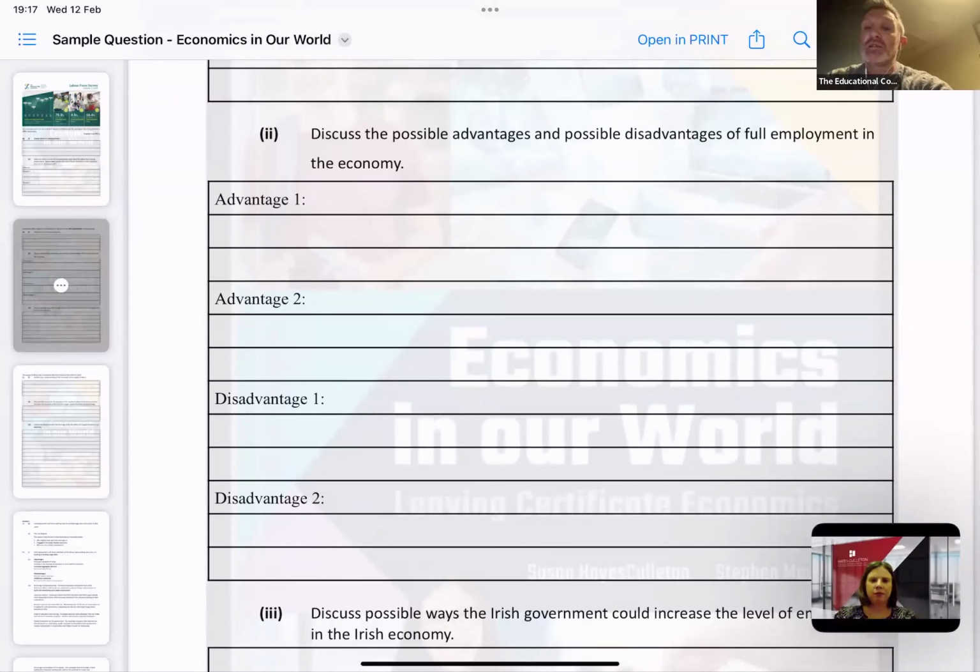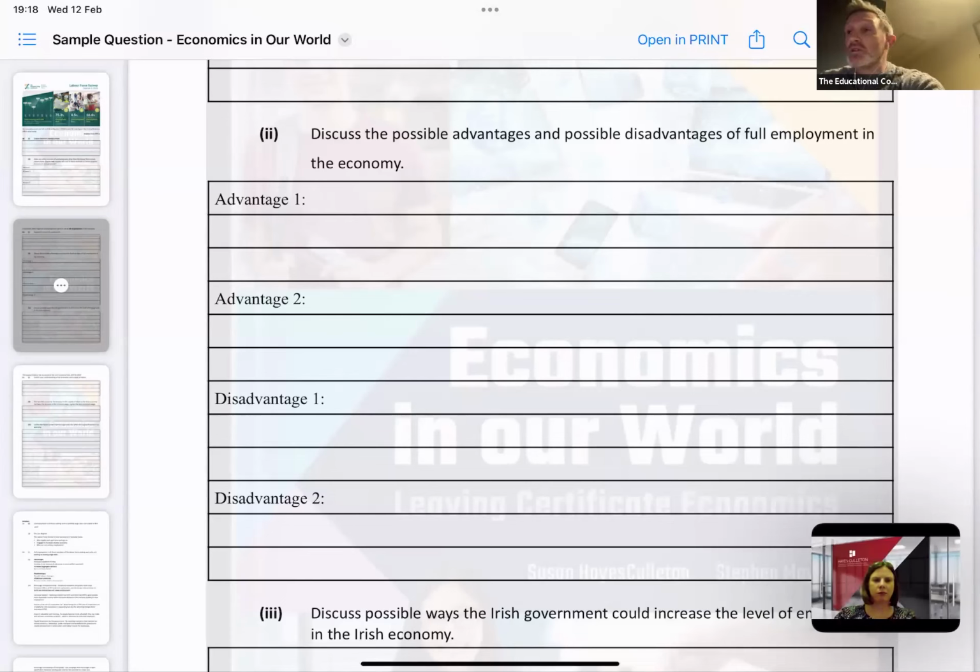In fairness, the SEC, I'm not too sure if they've taken feedback from teachers or the BSCI, etc., into play, but they have generally numbered them now: 1, 2, 3, 4, advantage 1 or advantage 2. On a rare occasion, then they do leave a blank. So we'll go through one of those questions in a second. But my general guide to students would be 3 or 4 lines for your answer there. So if there's 12 lines there, you're giving 3 or 4 points.